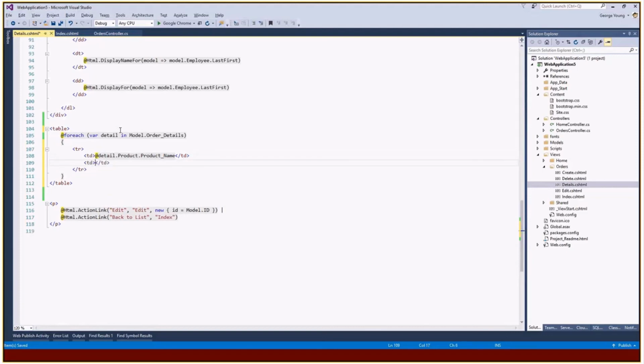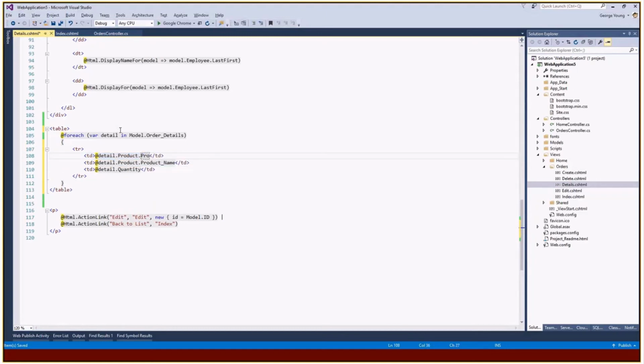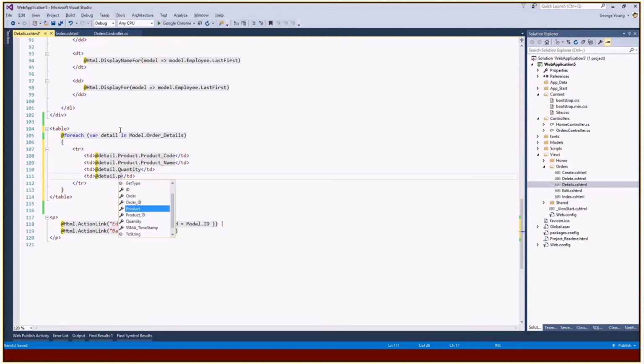So I'm going to do another cell at detail dot quantity. So I'm getting the quantity of this order detail from the order detail page, and I'm getting the product name from the product table. And let's add the code. So product code, and let's get a total. So we'll put a price. I'm going to copy paste and detail dot price,